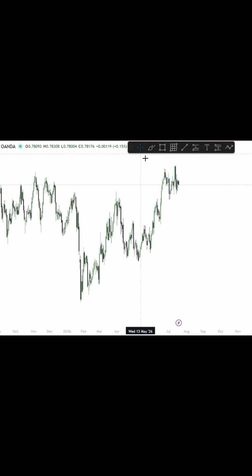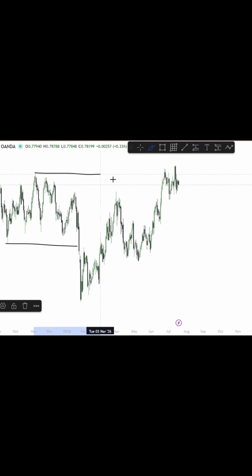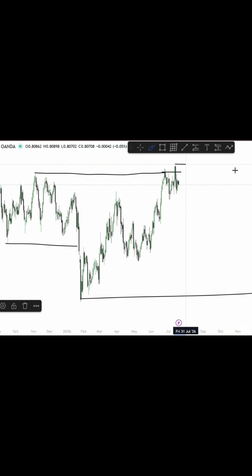Moving on to USD Swiss on the daily time frame, we can see we had a break of structure down, followed by a break of structure in towards the upside. Therefore, this is my swing low and this is my swing high. Now, after this break of structure and after grabbing such significant liquidity, it would make sense for us now to